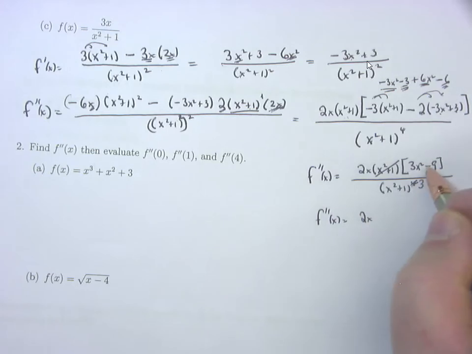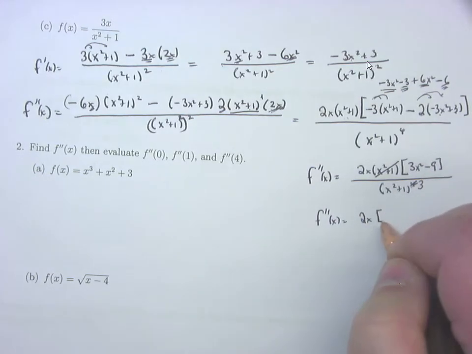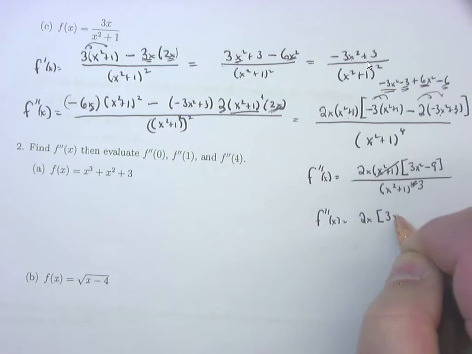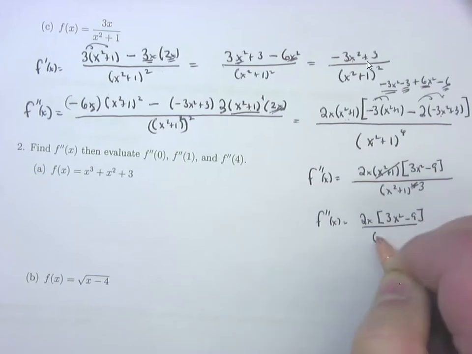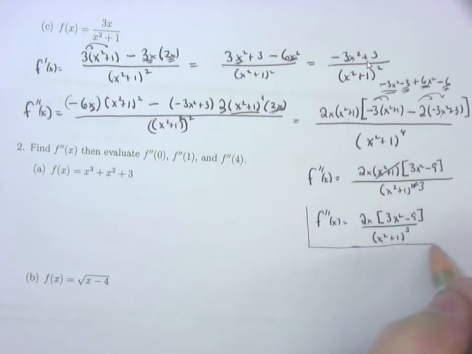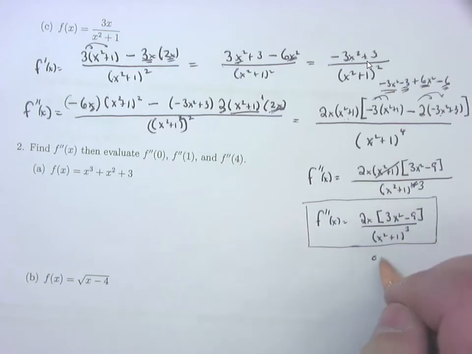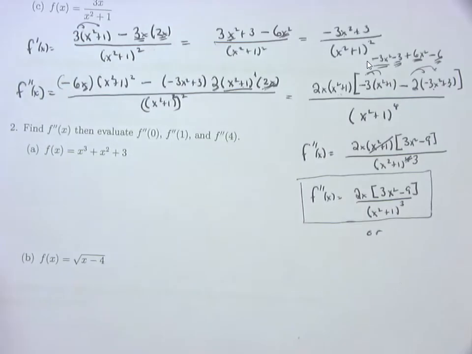Officially, I can pull out a 3 if you want to. This is up to you. We'll take it either way. X squared minus 9 divided by x squared plus 1 cubed. And there's my answer. Or, for those people that it bothers to see something in common,